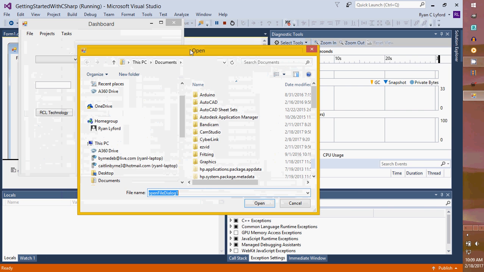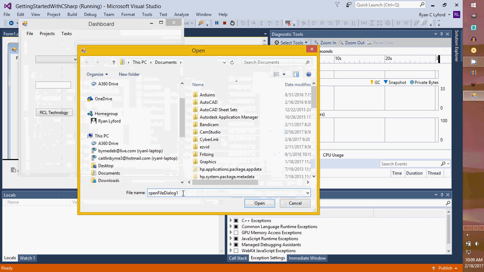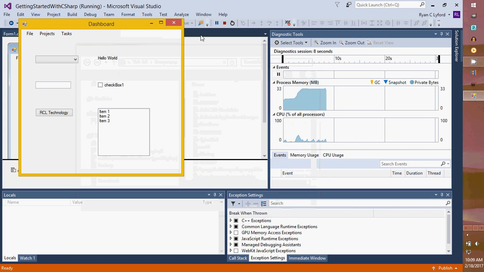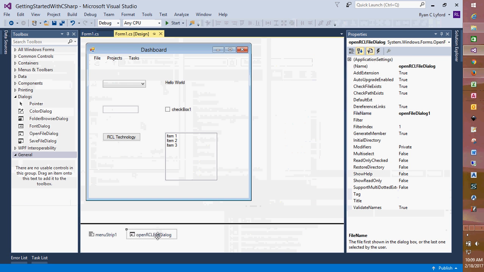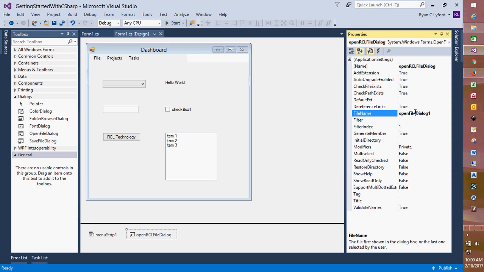And there's our dialog. You can see the file name is open file dialog, which is this right here. If I wanted to change that, I just go over to my properties tab,